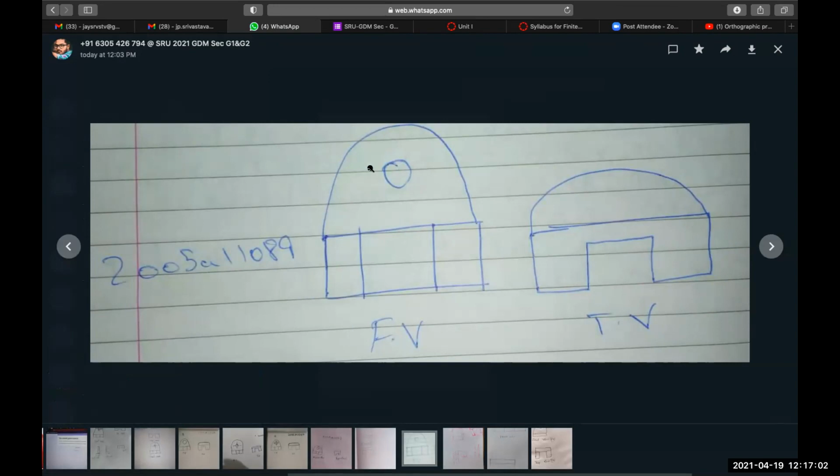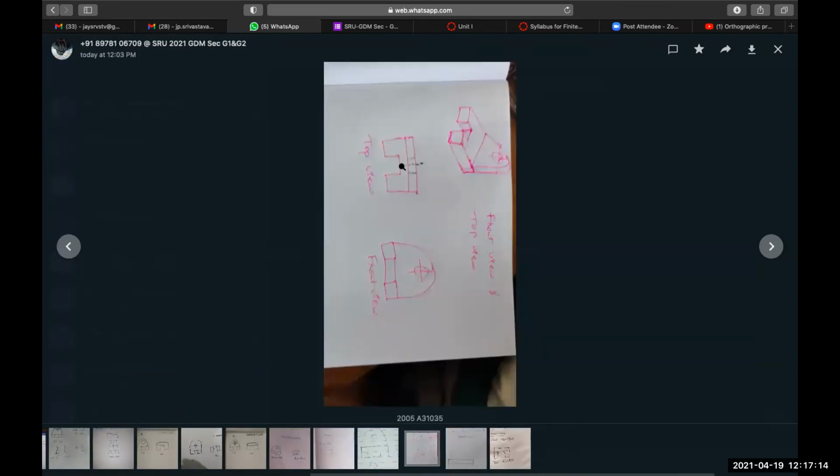The location you have drawn randomly: you have drawn the front view at this location and the top view next to that. If you see another drawing, this student has drawn the top view at this location and the front view at this location.